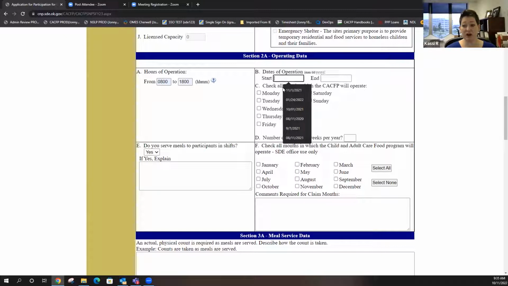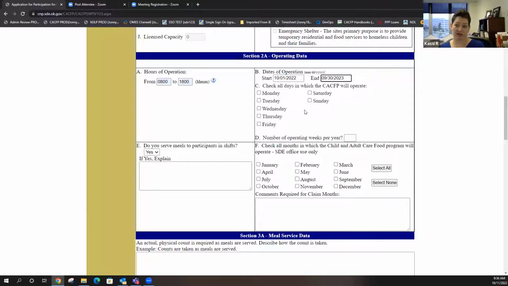Dates of operation on all of our renewals. The dates that you should put would be this for this year. This is one thing we see wrong a lot. Either you put the current date or you're a school and it gets confusing and you put your school year date. It's important to know these are the dates of operation for this program. You're applying for our fiscal year, and our fiscal year starts in October and ends in September. So if you're a school, don't put your school year, which would be August to May, because this application is not good for August of this year.